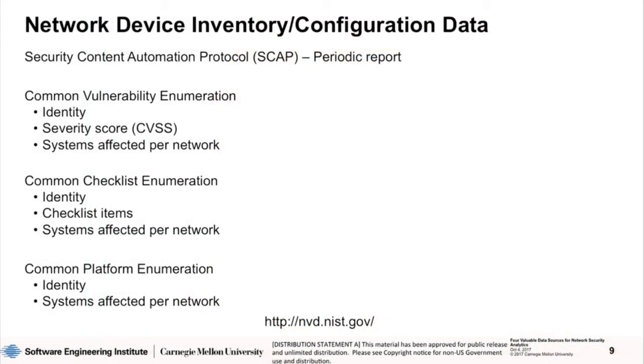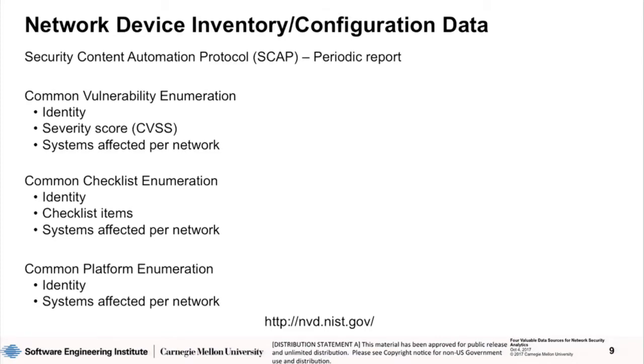In terms of your own local systems, it's frequently useful to archive as accurate a network inventory as you can. There are a variety of approaches for doing this in terms of traffic recognition protocols and so forth, but one protocol for collecting this information, developed originally by MITRE and now promulgated through NIST, is the Security Content Automation Protocol. And this pulls information off of network management systems or security scanners that are associated with your network, and archives that information in summary format